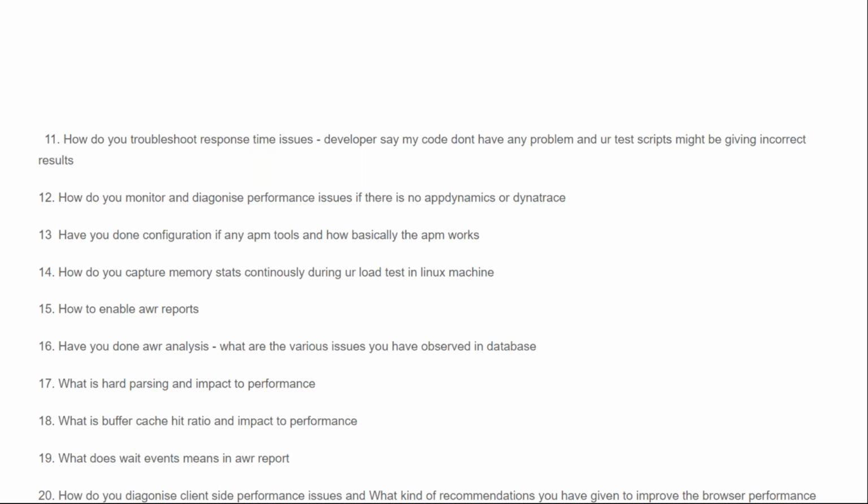Have we done configuration for any of the APM tools, and how does APM basically work? So for the questions around APM, we are also covering AppDynamics in the batch, where we will go through configuration.